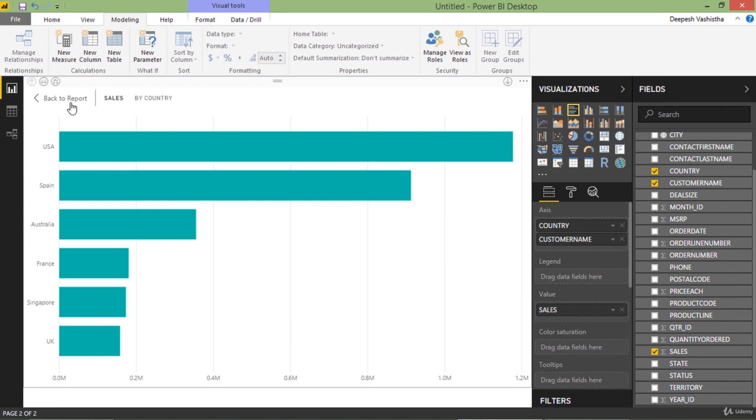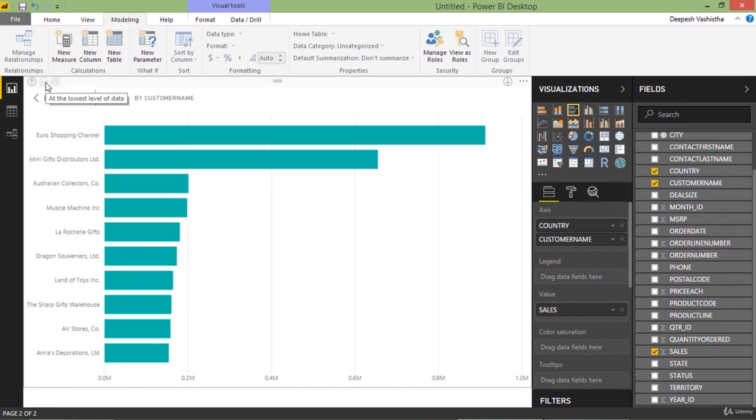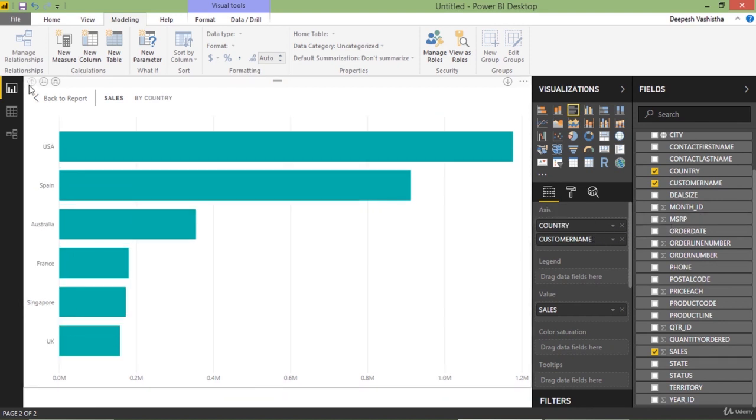So to do that, we have these big and small buttons right here, these arrow buttons. I'll let you know about each and every one of them. So first of all, this button will show us the next hierarchy. Our next hierarchy is country, customer name. So when we click on that, now it is showing the customer names, overall customer names from all the countries. Suppose there are 4 or 5 hierarchies up here, so it will go one by one to the next hierarchies.